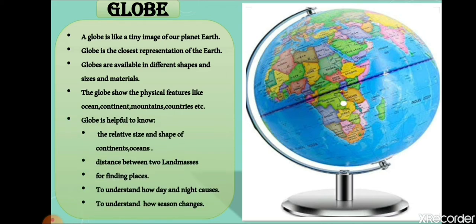This globe is basically fixed with the help of a needle. That is why the globe can be rotated exactly the same way as our Earth rotates around its axis. You might have seen also, we can rotate the globe according to our convenience. Whatever place we want to search on the globe, we can rotate it. For our Earth, there is an axis, and for this globe, there is a needle attached from the north pole to the south pole.